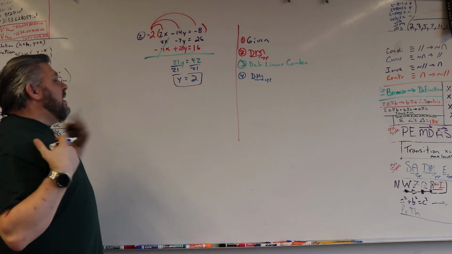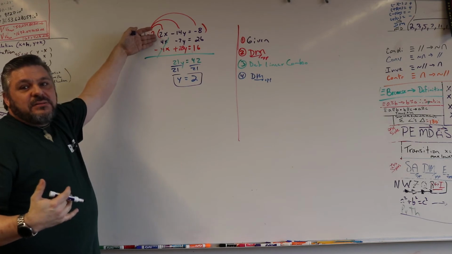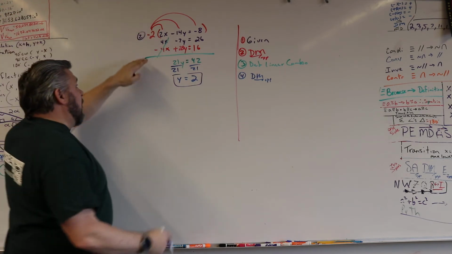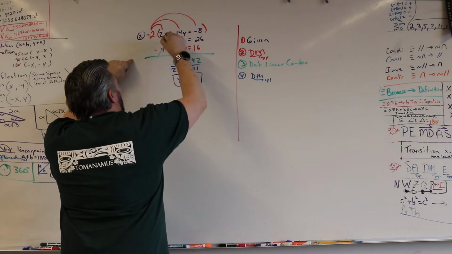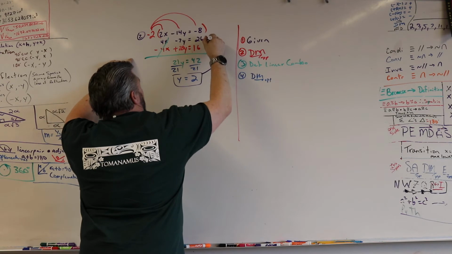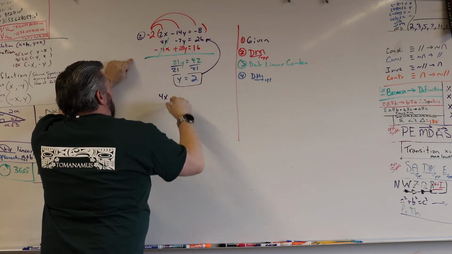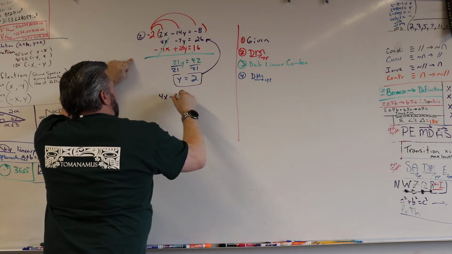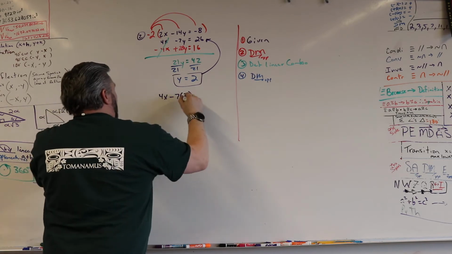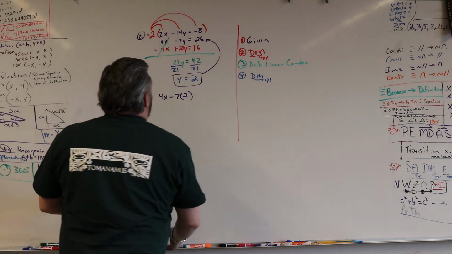Which one do you think will be easier to deal with? 2x or 4x? 4x. Okay. So I'm going to plug it in to the second one then, okay? So you want to plug it into this guy, right? So we're going to say 4x minus 7 times, what's y? 2, right? Equals